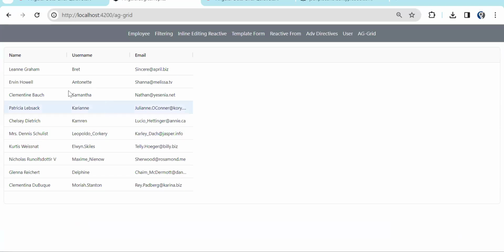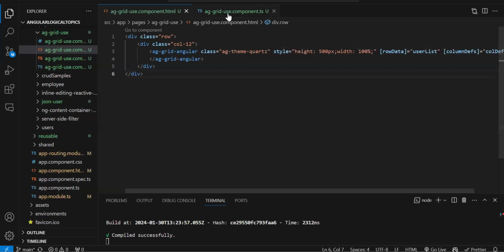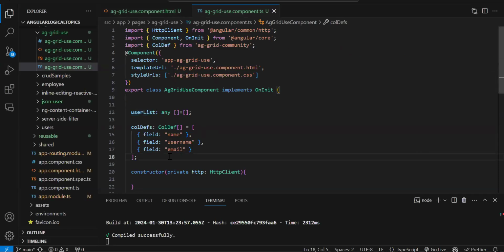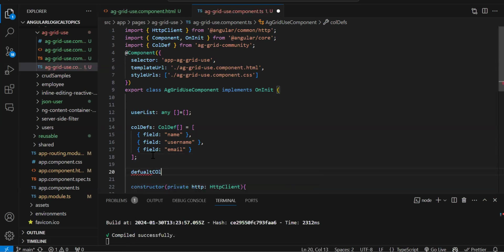But the problem we can see, we just had 3 columns, so the remaining space is empty. But what ideally should happen, all these 3 columns should take an equal width. So for this overall table, we need to create one more variable, that is default column definition. So let's create default column definition. This is an object, and here